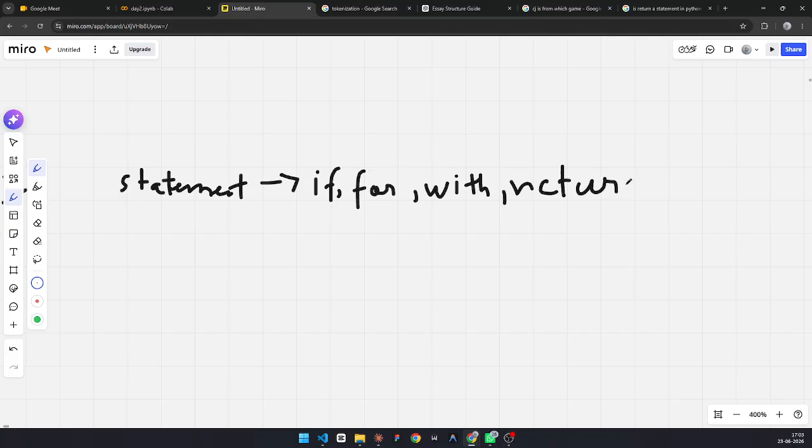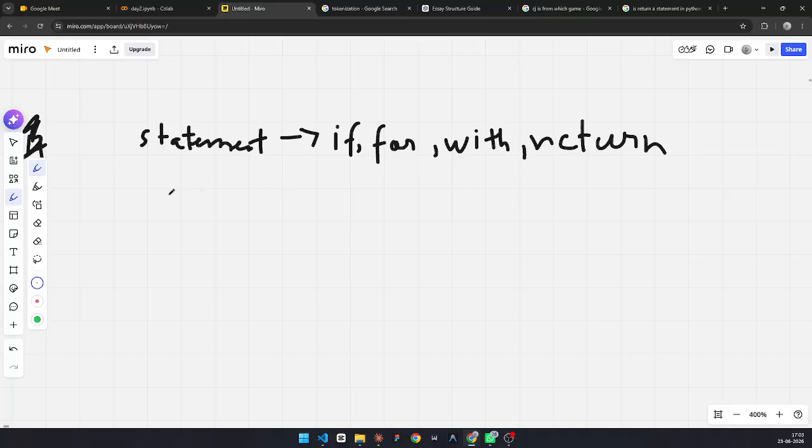Now for functions, it can be anything. I will make it clear, because I won't be repeating this, so put this in your head and listen carefully to what I'm saying.